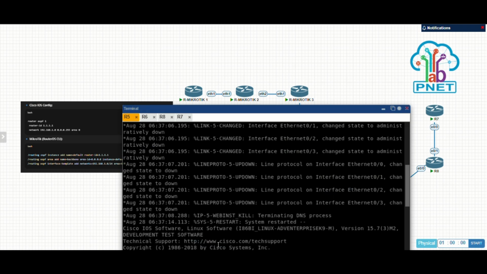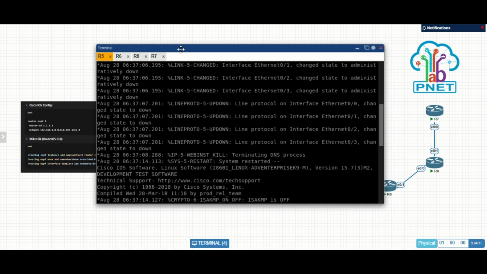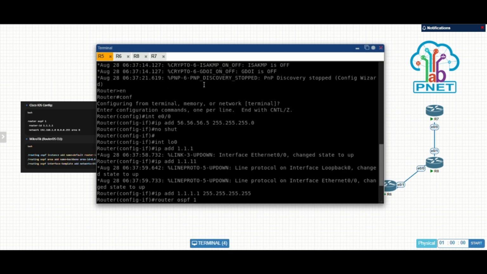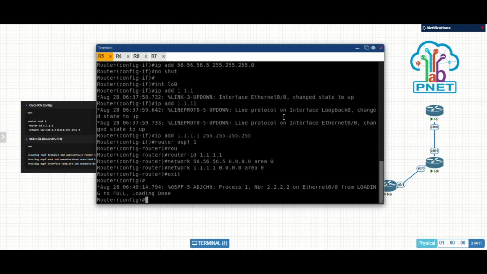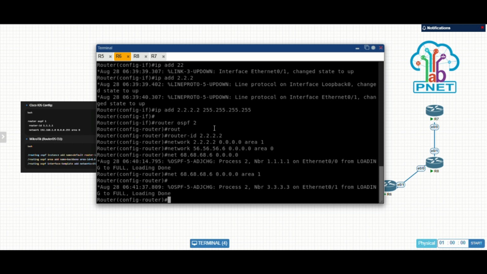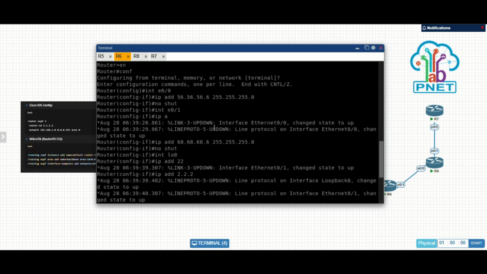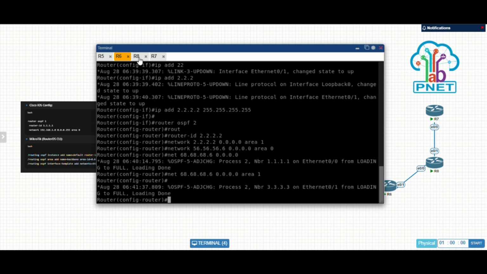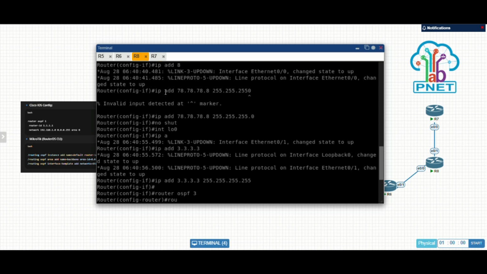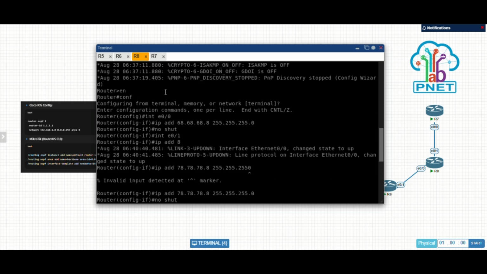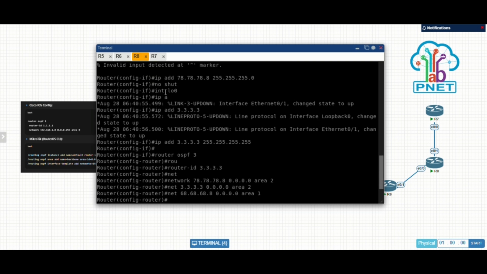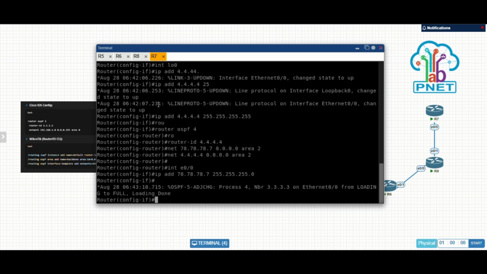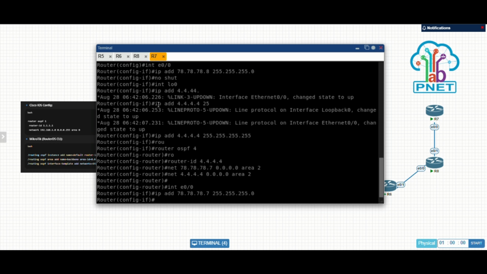So it's a normal configuration. Configuration basic for router OSPF in Cisco. Also this one, it's a normal basic configuration. And we have four Cisco routers, that already have adjacency one by one.